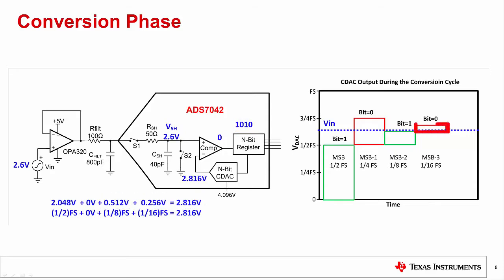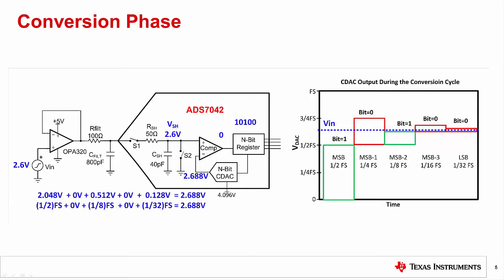The process repeats and you can see that this comparison exceeds the input signal, so the bit is 0. The least significant bit is done last, and you can see that this bit is also 0. After this test, the final conversion result is stored in the in-bit register. This process is basically a binary search where the object is to get the DAC output to match the stored input signal.